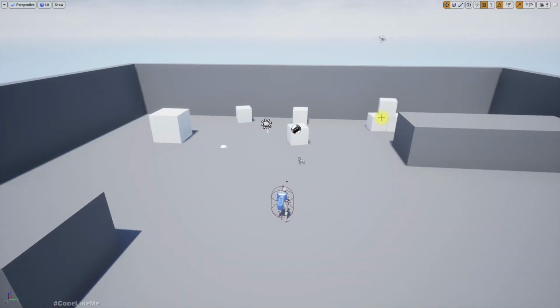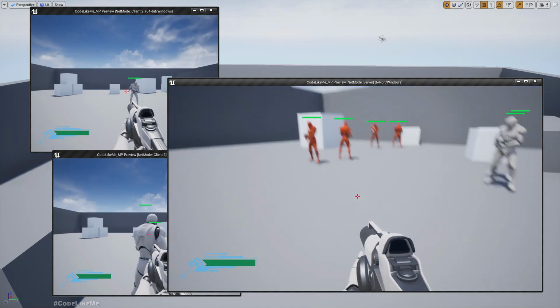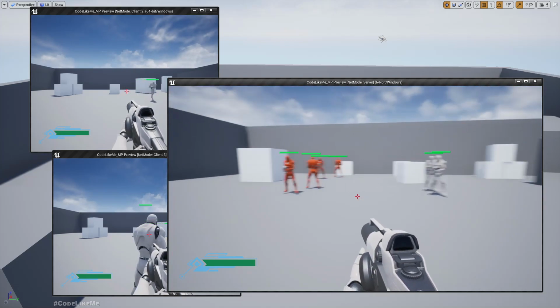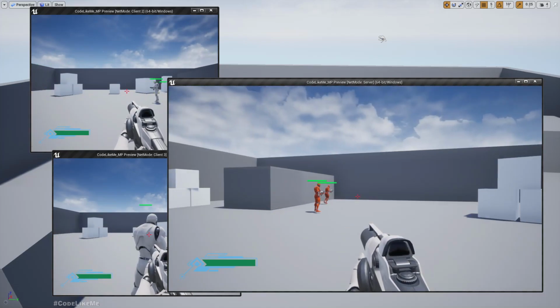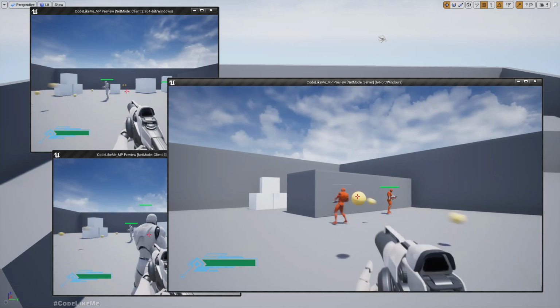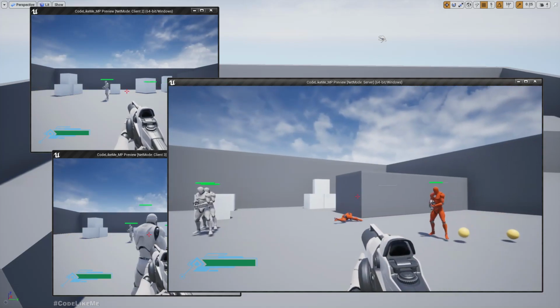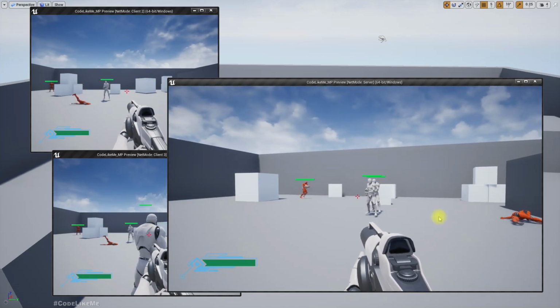Hello everyone. So today I'm gonna show you how to spawn bots and how to replicate bots in our multiplayer game. So as you can see here, these red characters are AI controlled bots. They will just randomly walk in the level, and also I can kill them